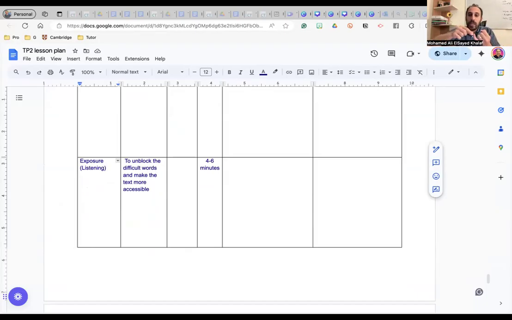The whole stage has maximum of 6 minutes. So the track is 4 minutes and they have 5 questions in the listening task. Let's cut them down to 1 question. I'm not here to develop their listening sub skills. Let's cut them to 1 or 2 questions in this task.